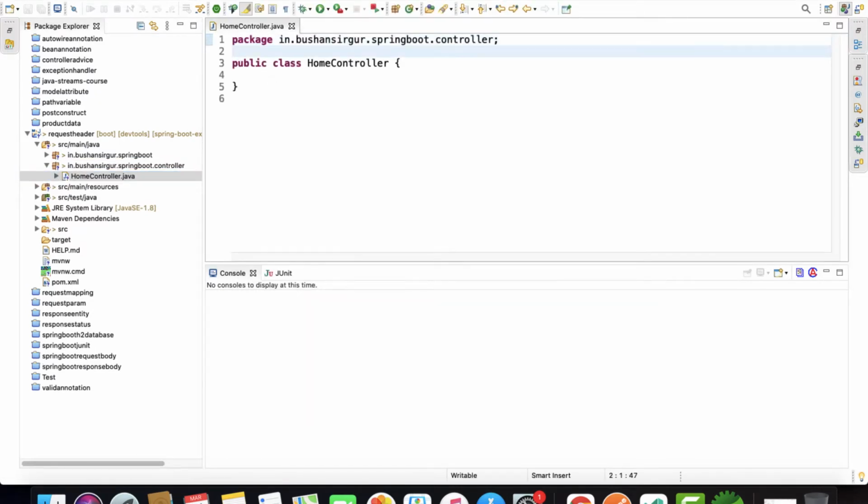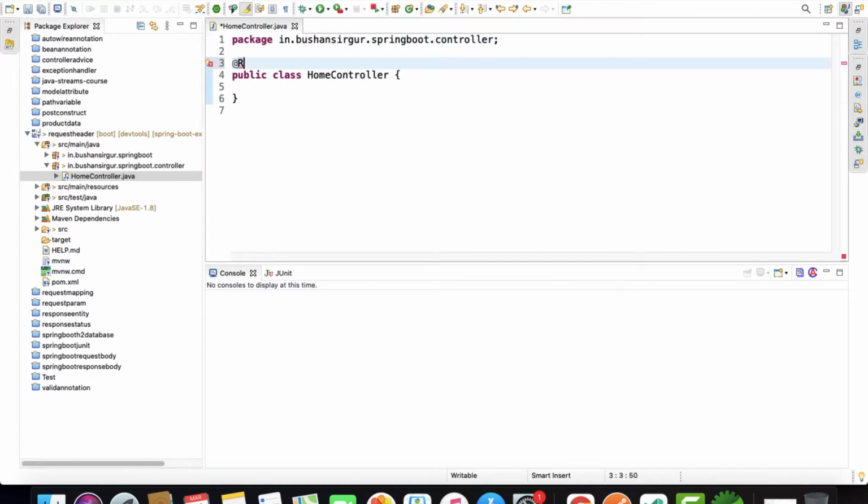I'm going to annotate this with @RestController. And inside this, let's quickly create a handler method, public, this will return the string and handle request header.